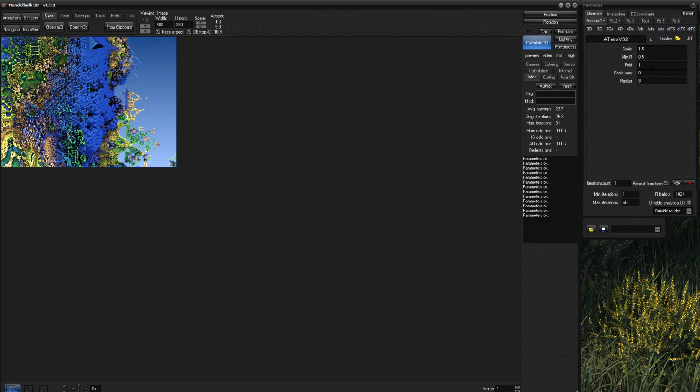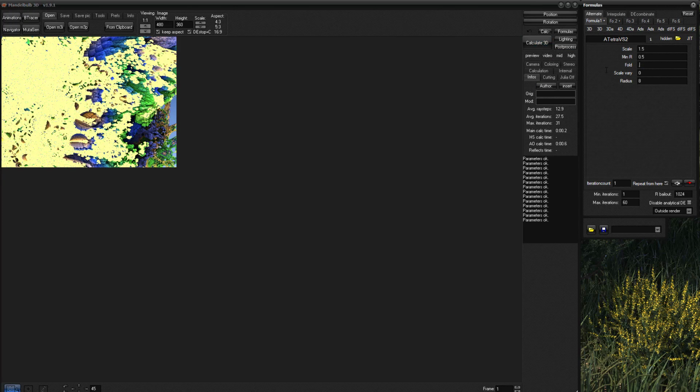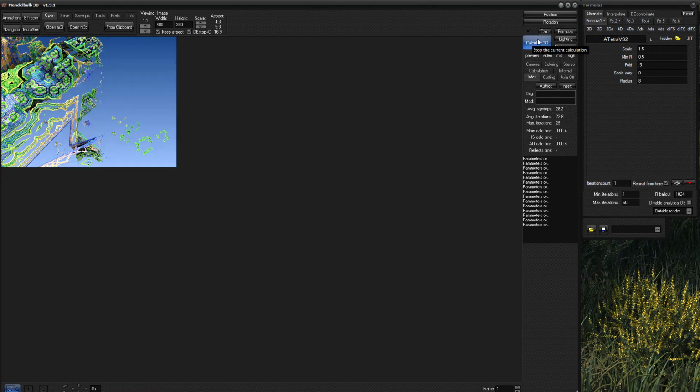Fold, maybe 1.5 as well. You see? 0.5. And we got that. So it's not hard to use, you see. But then with experience you will know which one does what, what you will have as a result and so on, but it's not very important for the moment. And I will show you another way, so you can change the look of your fractal from there.